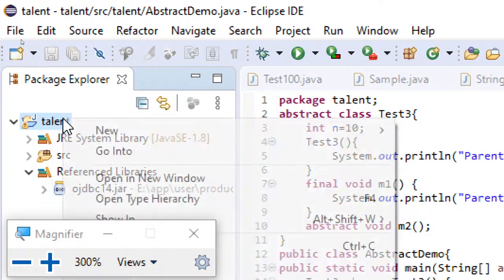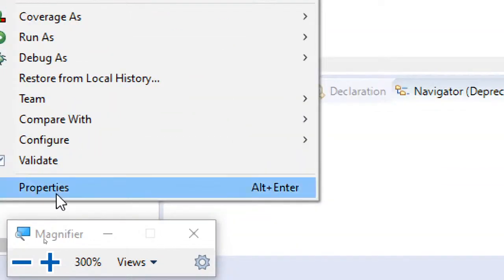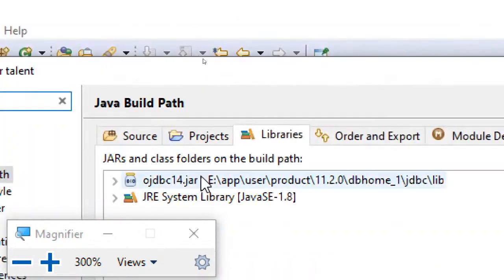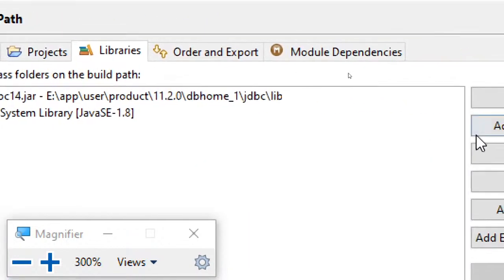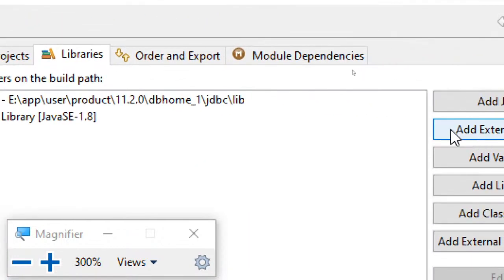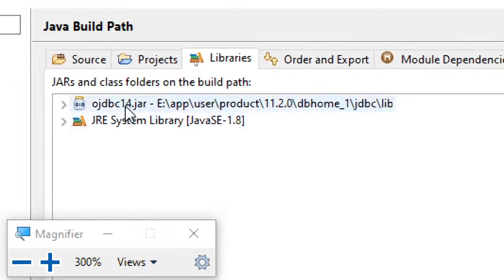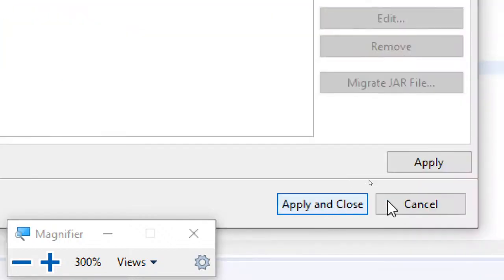So just right click, go to properties, go to the Java build path, go to libraries, and then click on Add External JARs, and you must know where your jar file is located in your machine. Go to that particular location, add that jar, and then simply click on apply and close.